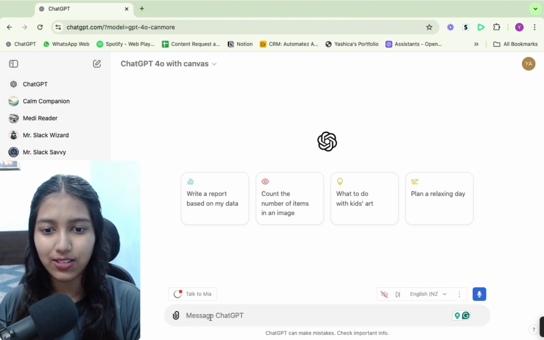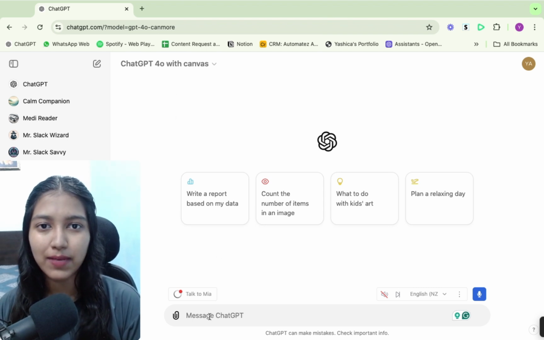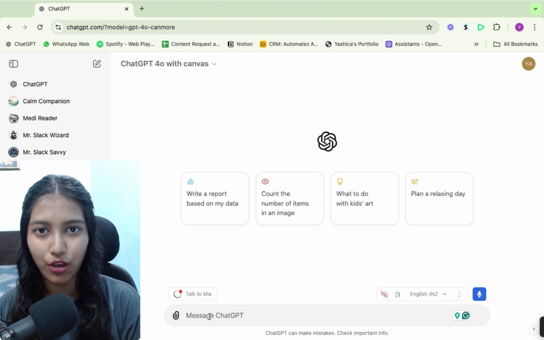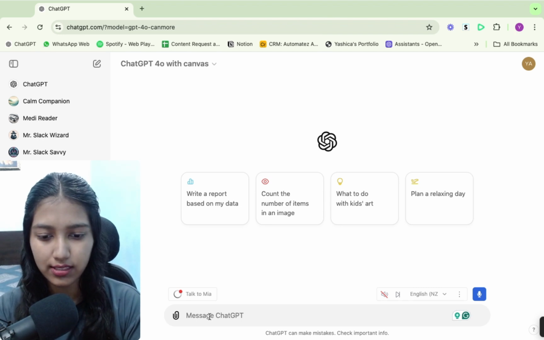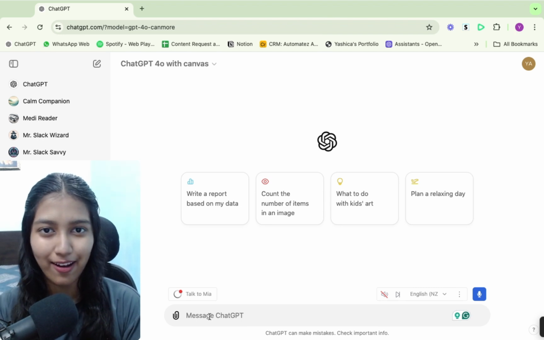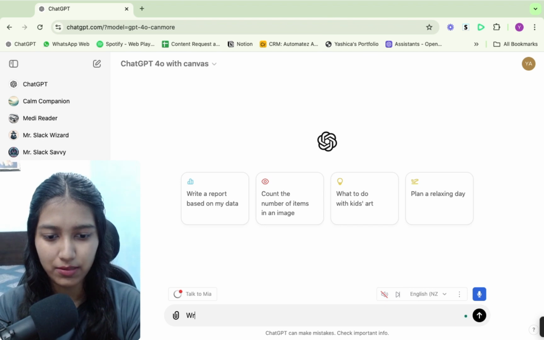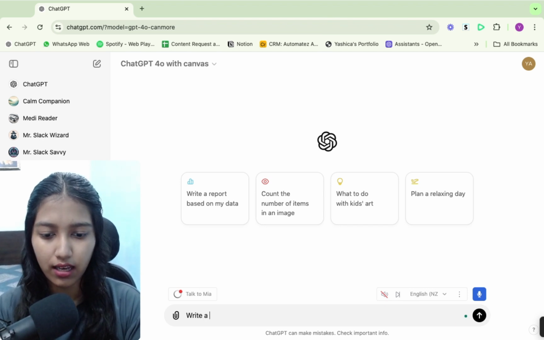So now let's go ahead and test it out. So this is basically for writing and code. So first let's test it for writing and then we'll test it for code. So I'll tell it to write a blog post article for us on the topic AI and automation. So I'll prompt it, write a blog post article on AI and automation, the future